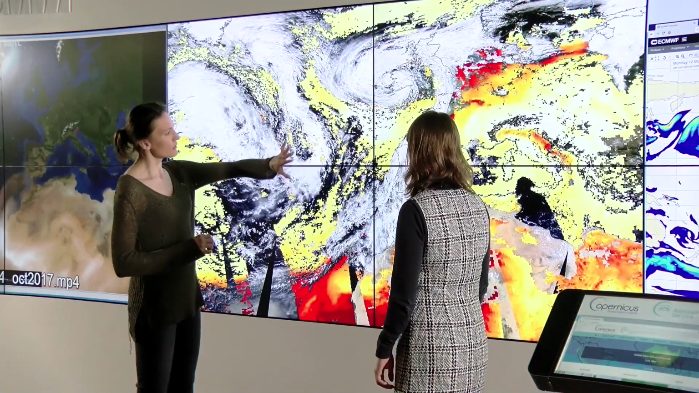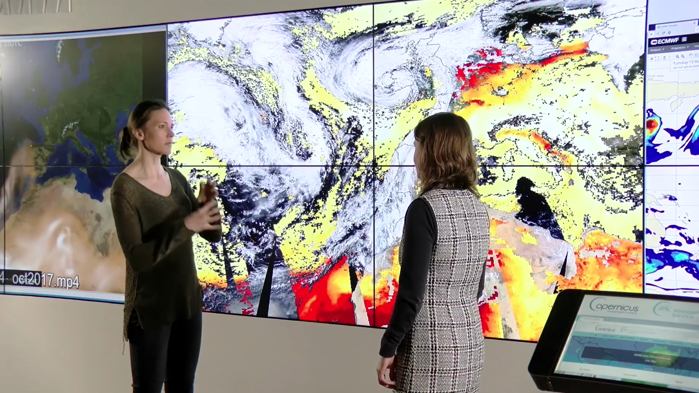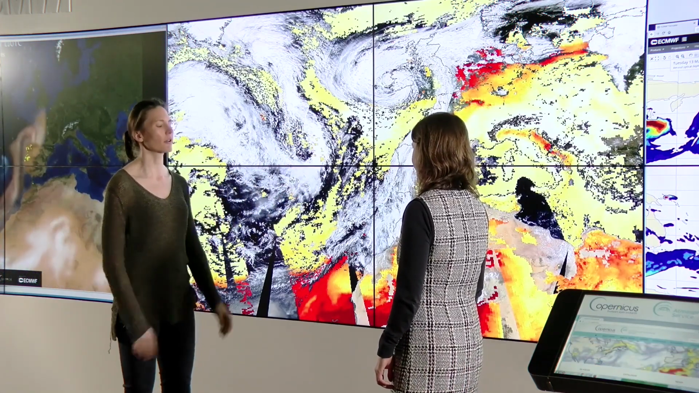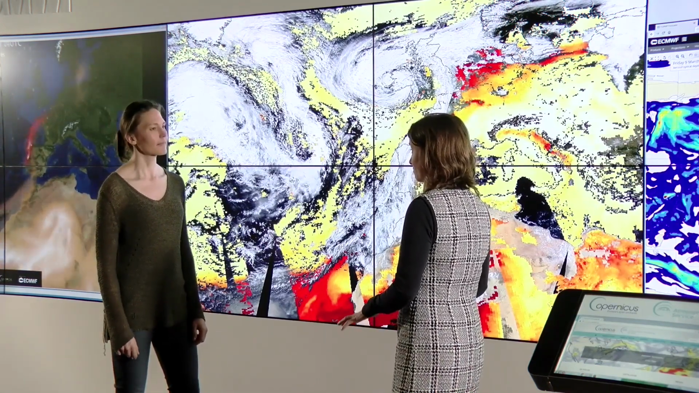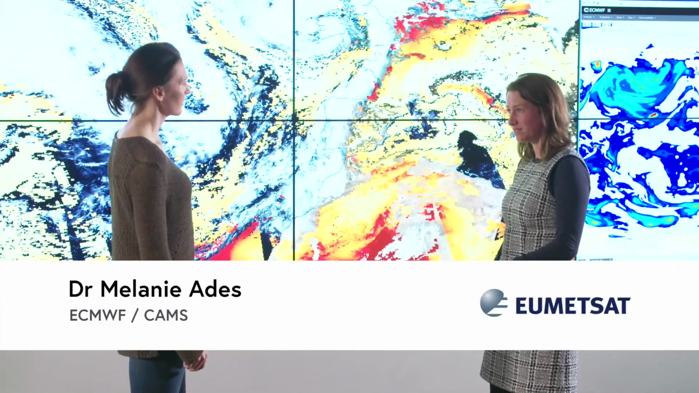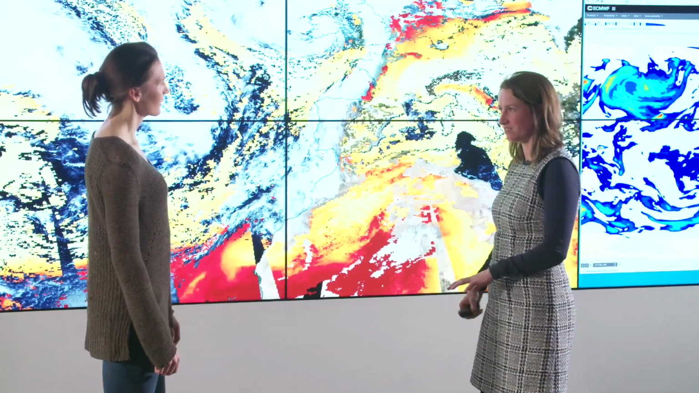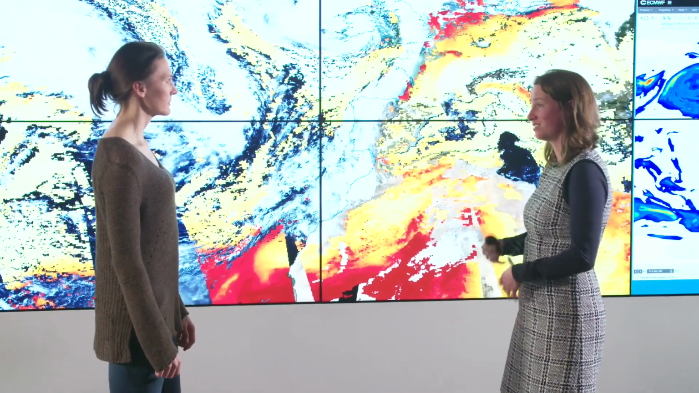You said there's lots of information about how hazy the atmosphere is here, but it doesn't tell you what's making up the haze. What sorts of things might go into it? So we look at different species. We look at five main species, which is sea salt, desert dust, organic matter, black carbon and sulfates. So that's the aerosols we're really interested in and that we use in our forecast to pass on to the